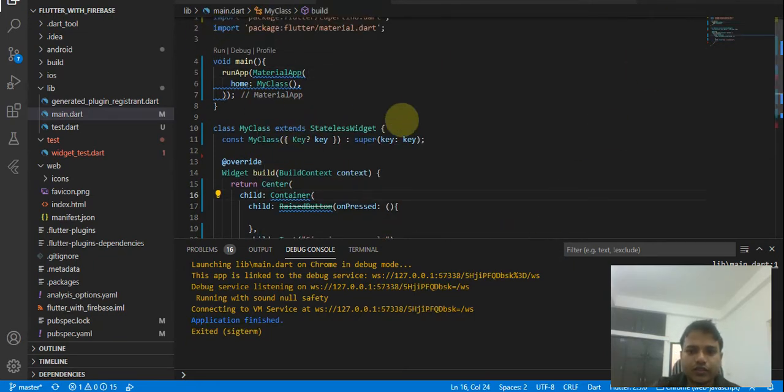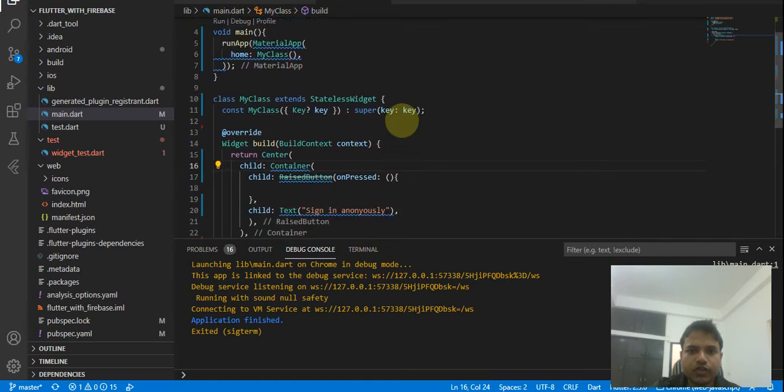Once you've done all this, we have to run the application to take a look at whether it is working correctly or not. So take a look at your screen. This is the first time I'm using VS Code in a video tutorial, so maybe you are not familiar with this UI. You have to go to the bottom right side and take a look. There is Chrome (web-javascript).